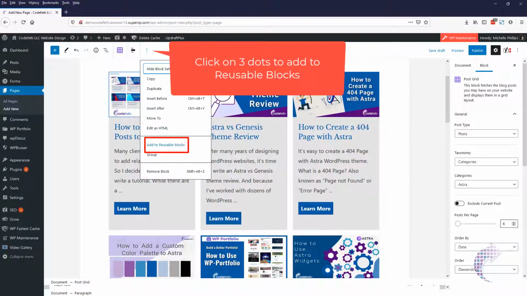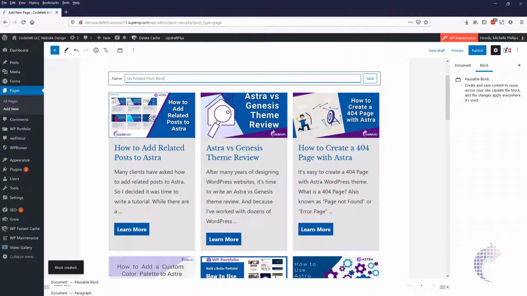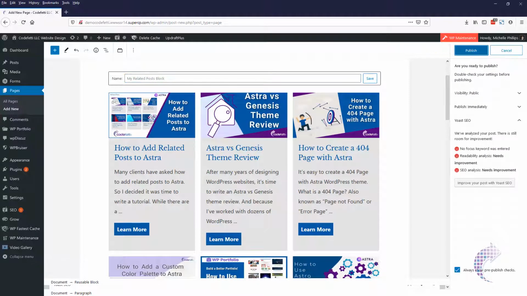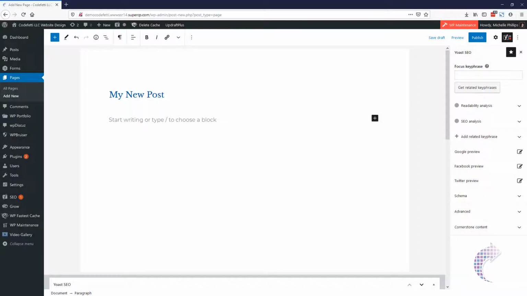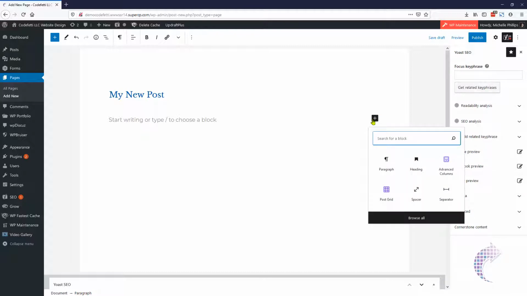I want to add this to reusable blocks, and I'm going to publish it. And now it'll be available to me in any post that I want. The last thing I want to show you is how you can use that reusable block. All you need to do is click on the plus button,